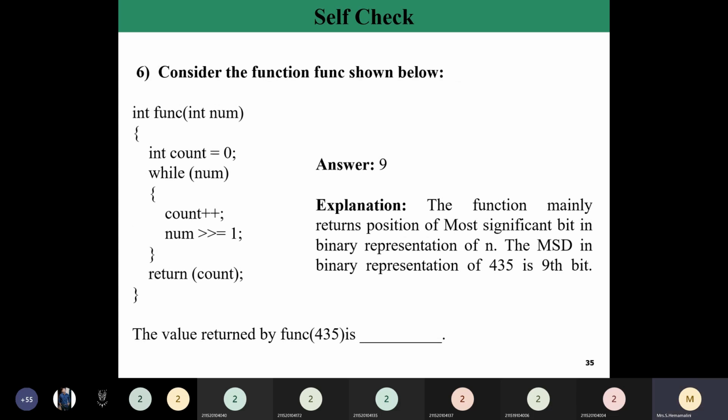Consider the function func shown below. The value returned by the function for 435. So the function snapshot is given, the blueprint is given, and they are asking to pass the parameter 435. So after 435, what will be the result? By passing 435, what will be the final value they are asking? Int count equal to 0, and while num